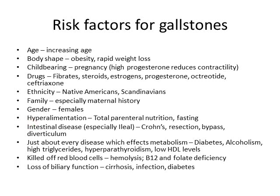H is for hyperalimentation, in other words, if you're getting all your nutrients artificially and not from food. Total parenteral nutrition predisposes to gallstones, possibly due to the free fatty acids present in TPN. I is for intestinal disease, especially ileal. The ileum is where you reabsorb your bile salts, but any intestinal disease can predispose to gallstones